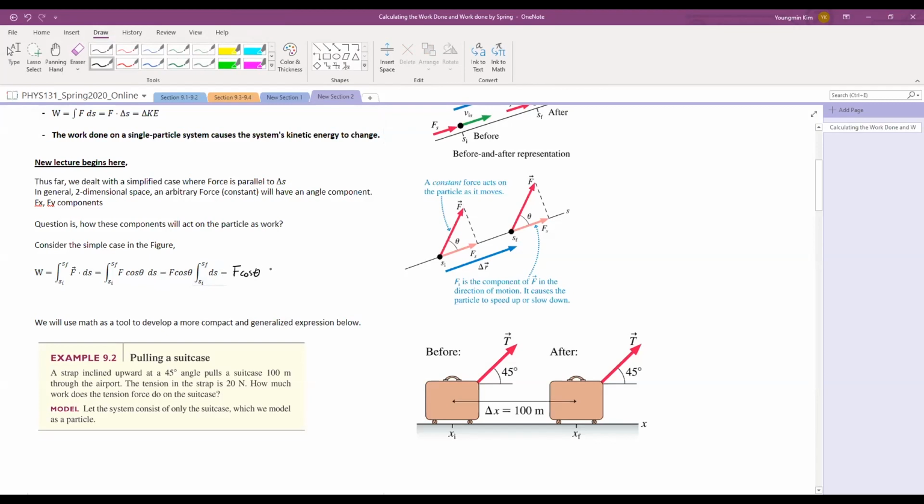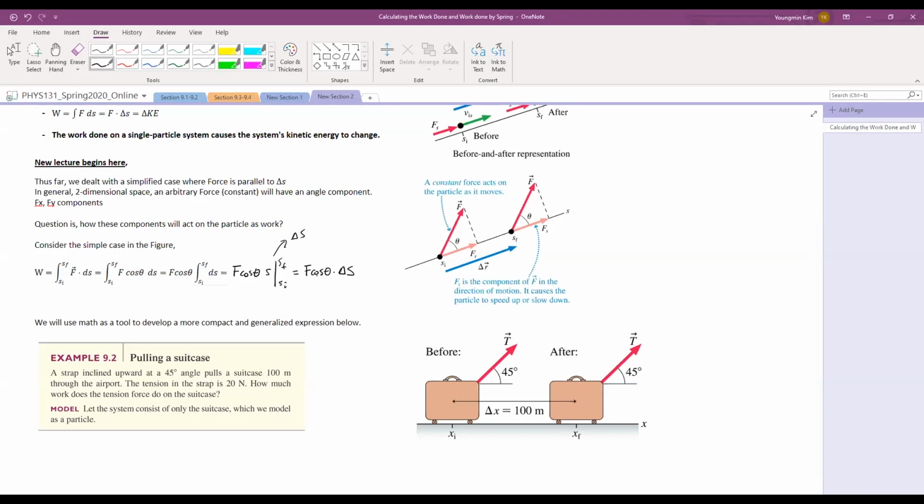This is S, SF, SI, which is simply equal to delta S. So it is the same expression as what we learned in the previous lecture, except you just have the angle component as a cosine theta. That's the only thing that is being added